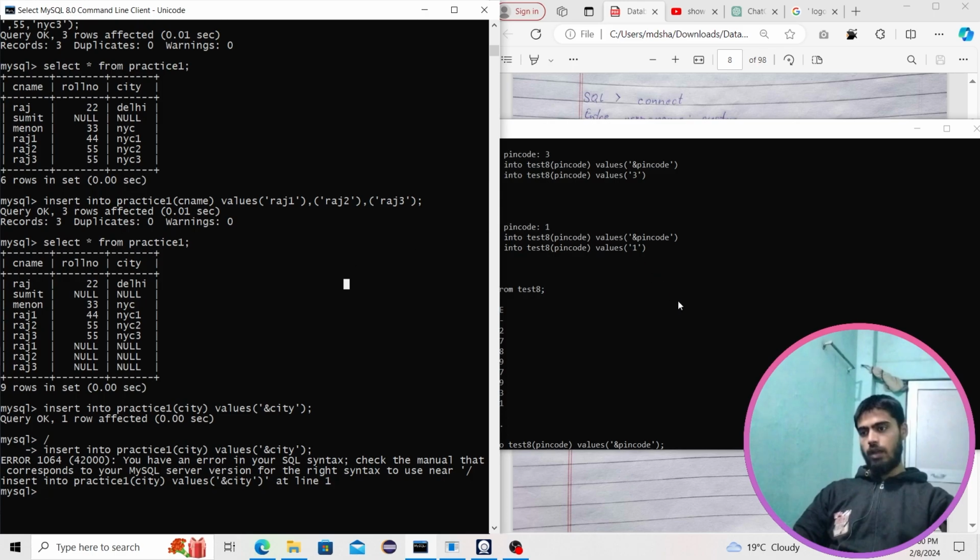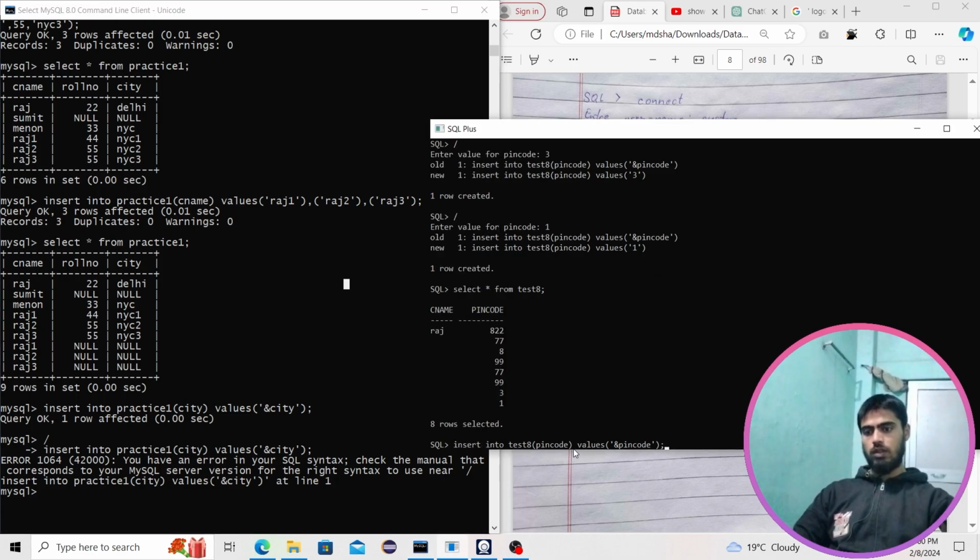And in the case of Oracle, we are going to use this query. Suppose we have to provide a value for every column, then we are going to change this with also cname, and inside here single quote and cname, close the quote,